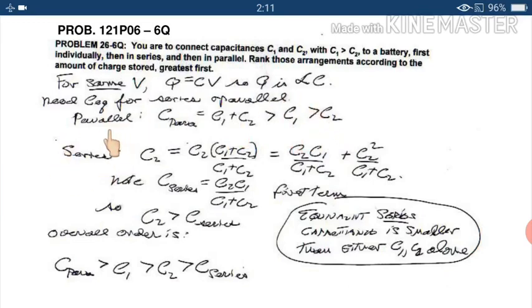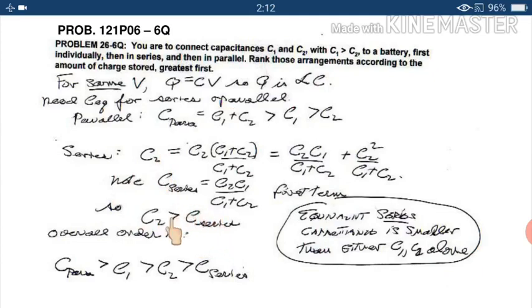Now we know in series combination we talk about the reciprocal: 1 upon Cs is equal to 1 upon C1 plus 1 upon C2, and so your series combination will be C1 C2 upon C1 plus C2. It means this equivalent capacitance for the series combination will be even smaller than the least which is given in the question. They are saying that C2 is smaller than C1, but the series combination of these two capacitances will again decrease the value of the equivalent capacitance. So it will be even smaller than C2.